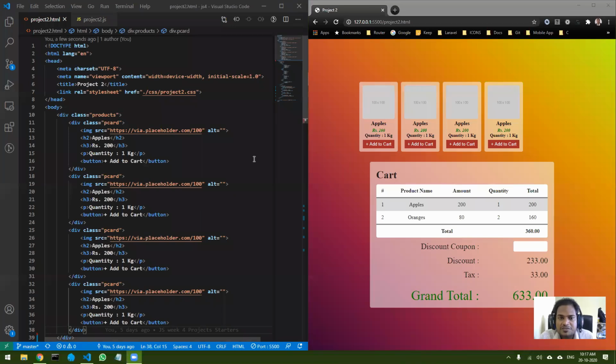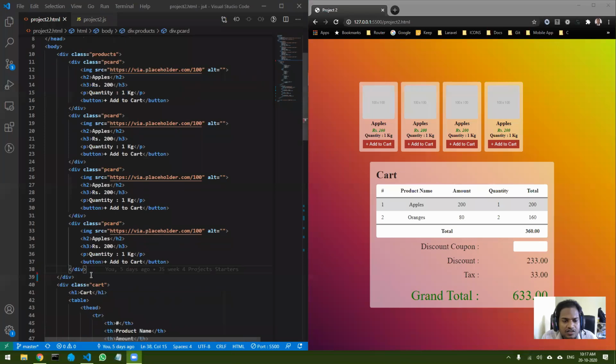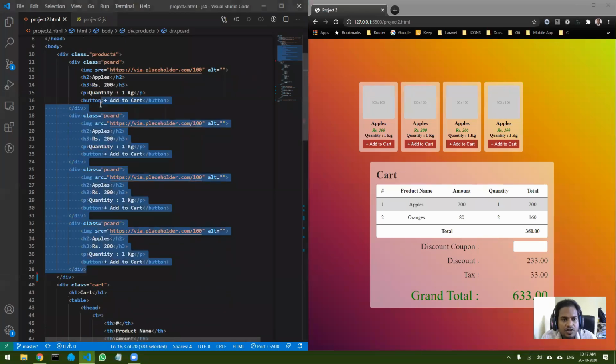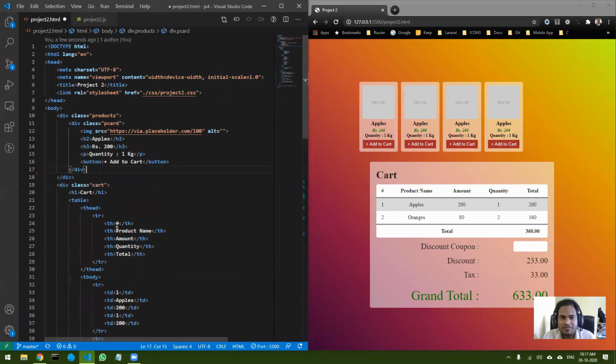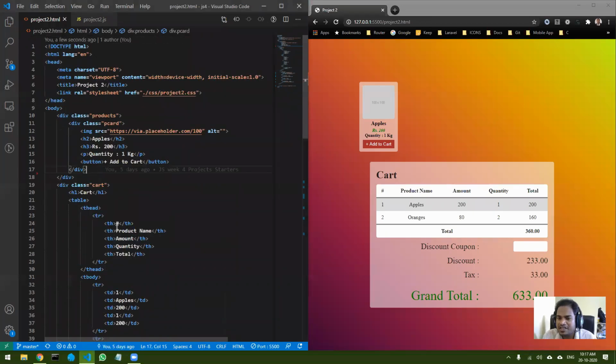Okay, so let's begin implementing it. So I don't want the products. So this time we are going to make it a bit more advanced. Okay, so it is not going to be that simple. So this is going to become a long program. Okay, so let's tackle this now.